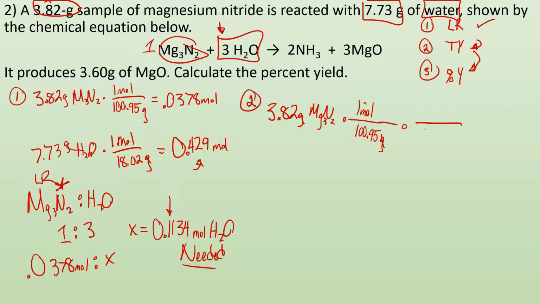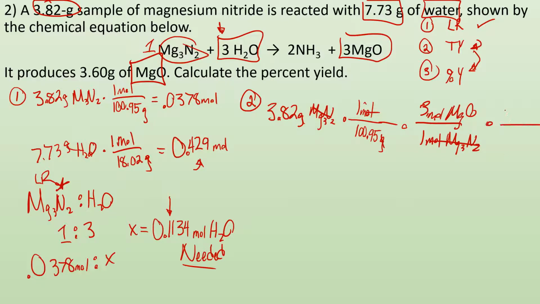So I know 1 mole of magnesium nitride will react with 3 moles. Oh, I'm sorry. I don't care about H2O anymore. I'm trying to figure out for MgO. Right? So MgO is over here. 1 magnesium nitride is going to give me 3 moles of MgO. Moles of magnesium nitride cancel out. Right? Now I just got moles of MgO, and now I need to times that by the gram formula mass